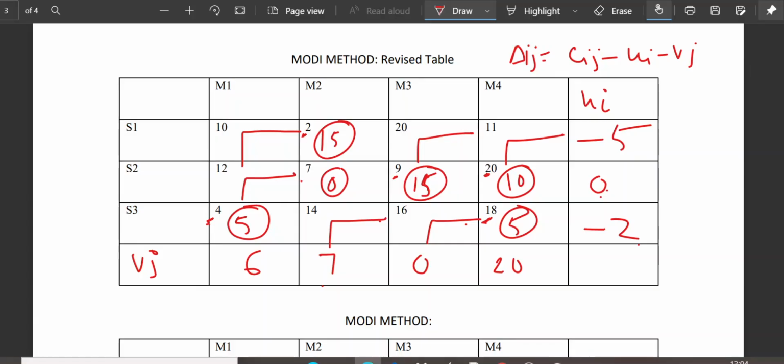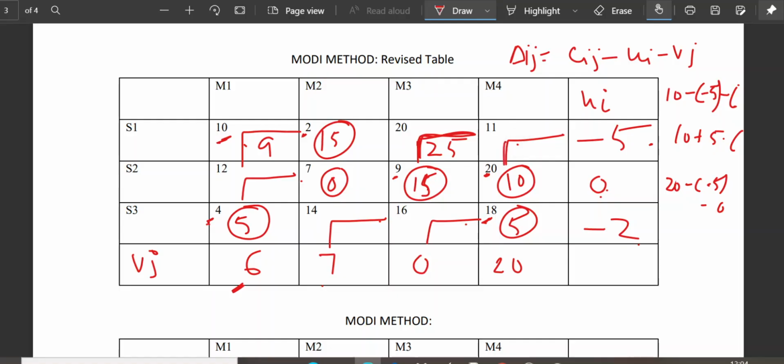See, this 10 minus corresponding ui is minus 5. So 10 minus minus 5 minus this vj, this 6. So 10 plus 5 minus 6, 15 minus 6, 9. Right, now come to this 20. So 20 minus minus 5 minus 0, 25.